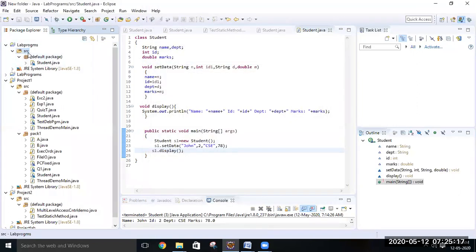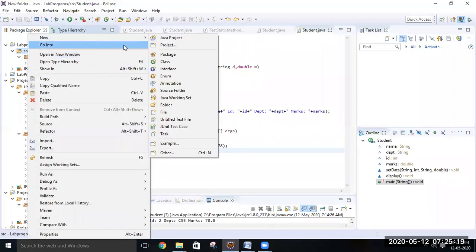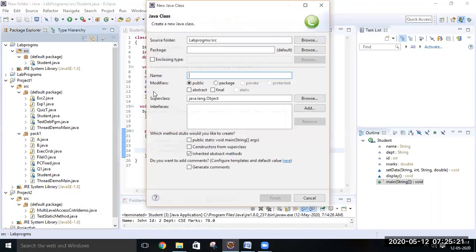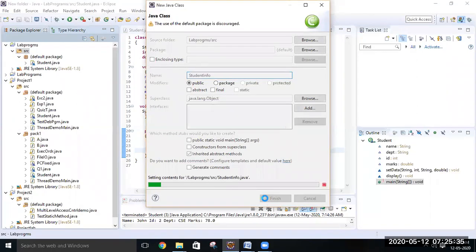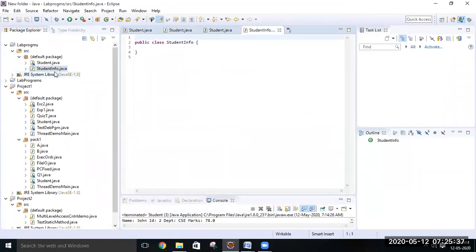We are going to give this, say, student info. Give finish, and student info will be created here.